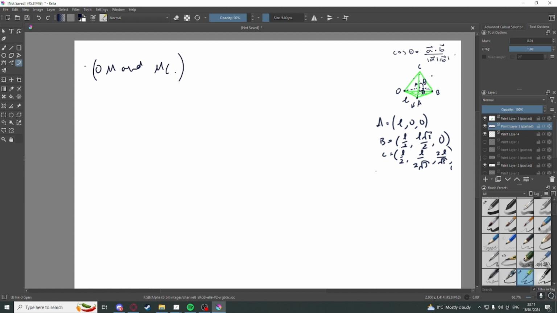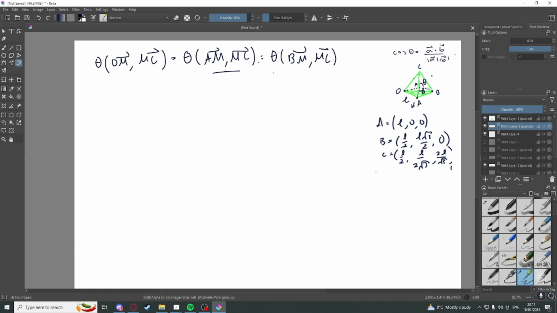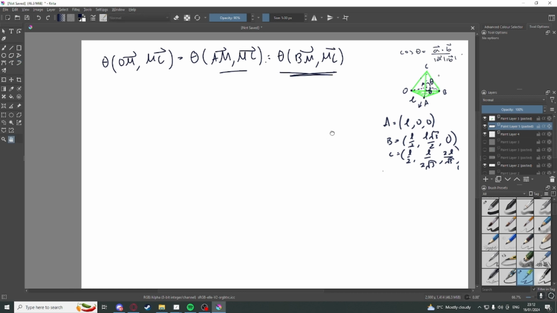So if I wrote it like this, the angle between OM and MC is also equal to the angle between AM and MC, then I could just work out AM to MC. And let me just think. Oh yeah, which is also equal to the angle between PM and MC. And the reason why I want to work with these two vectors is because conveniently,